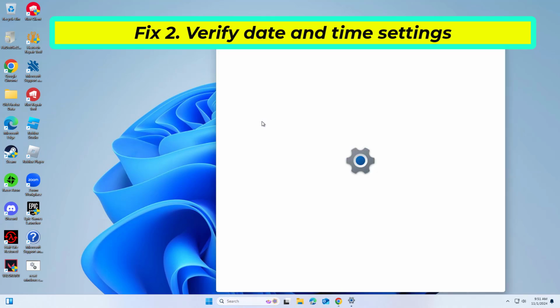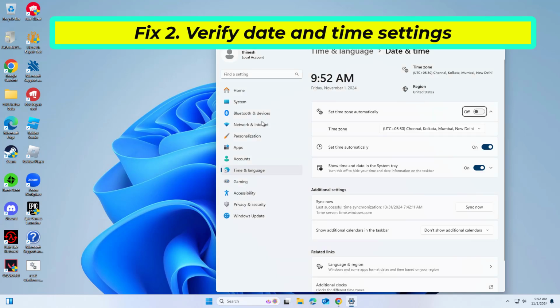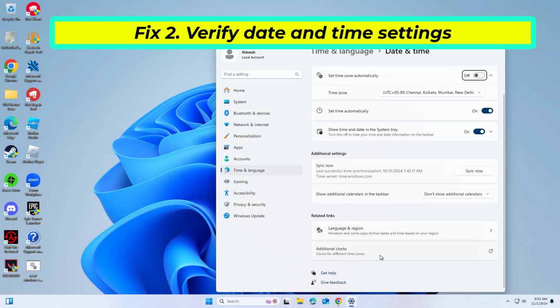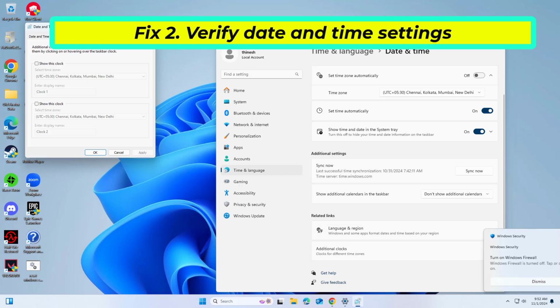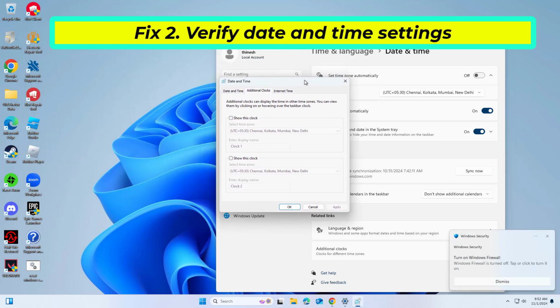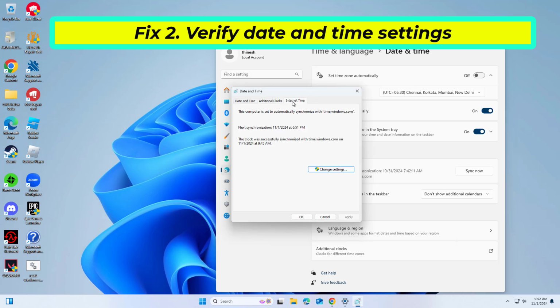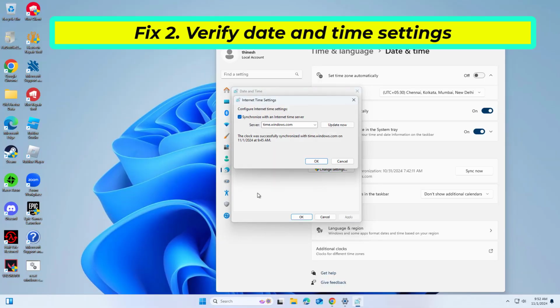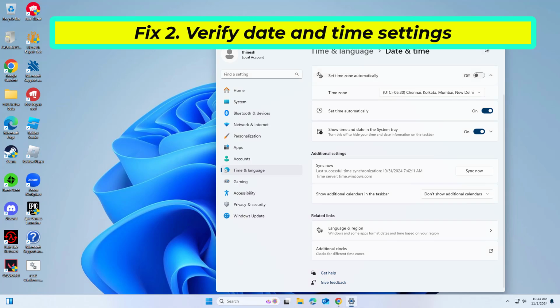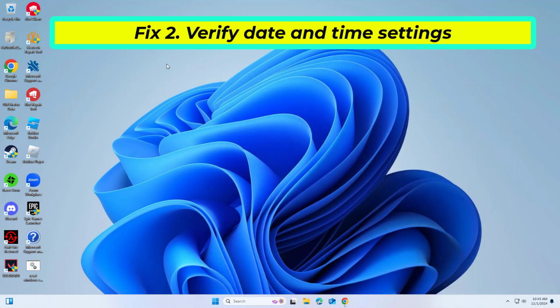incorrect date and time settings can interfere with Microsoft Teams' ability to establish a secure connection. Pick the Internet Time tab and select Change Settings. Make sure that the Synchronize with an Internet Time Server box is ticked. Click Update Now and OK. If that didn't work,